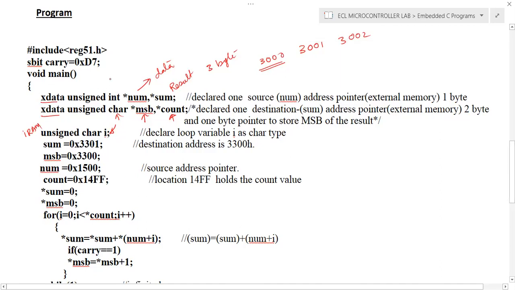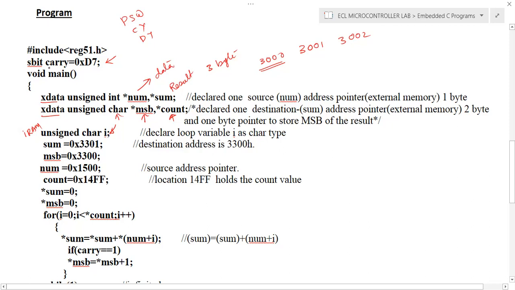Now, one more case. Before the main program, I'm declaring the carry bit. D7 is actually in the PSW, the bit addressable area. That is the carry flag. The actual address of the carry flag is D7. It's a bit addressable area. So this bit addressable location D7 will be represented as carry in this particular program.